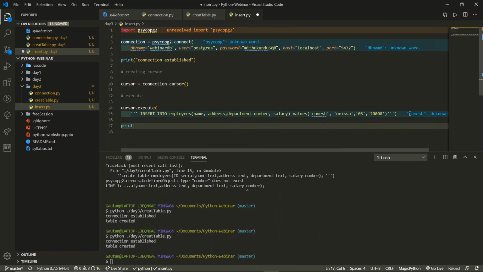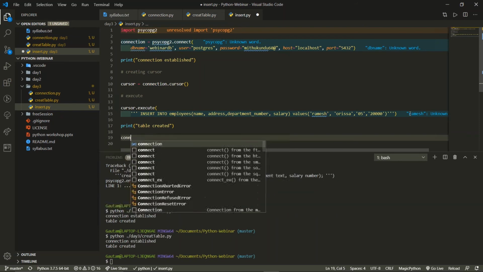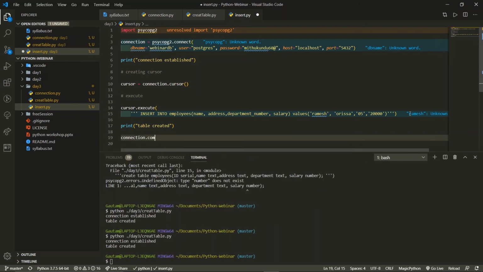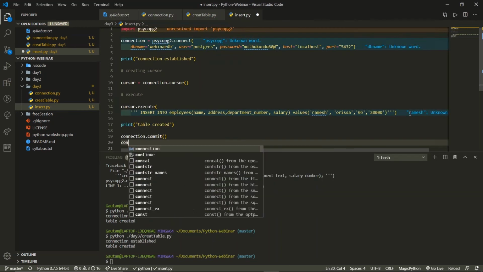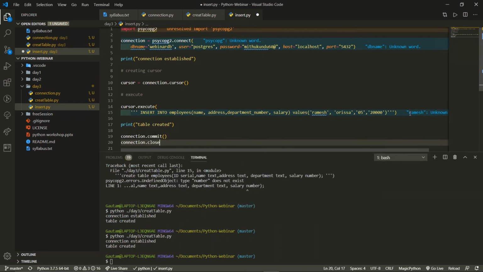And then we can write print table created, and then connection.commit, and then we can close the connection with connection.close. So this is done, and now we'll execute this file.